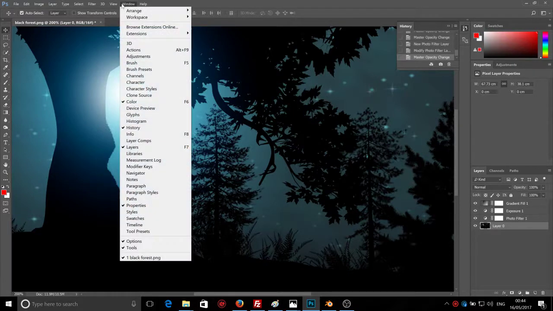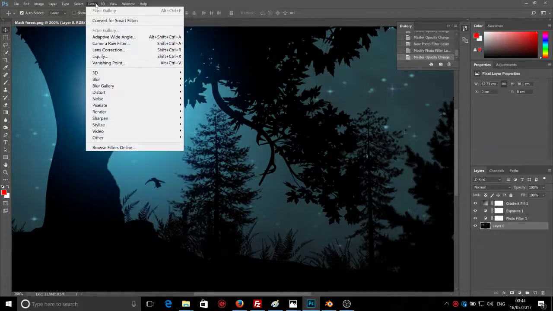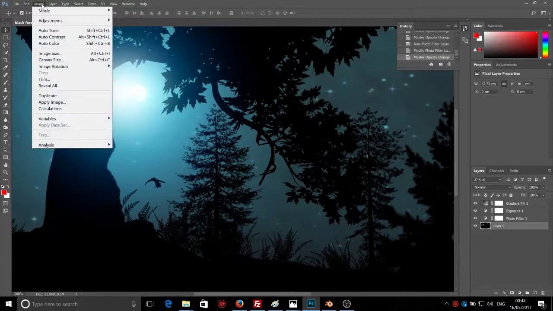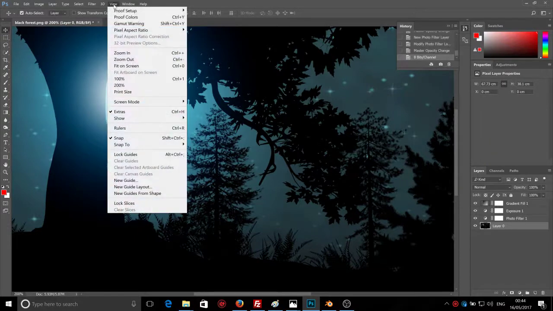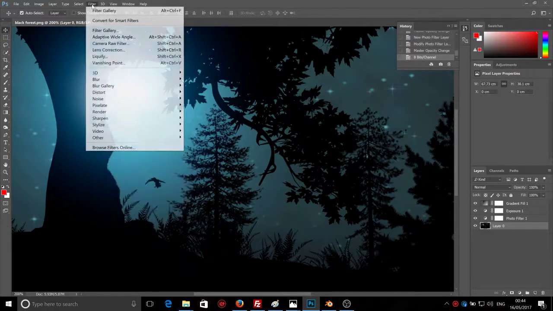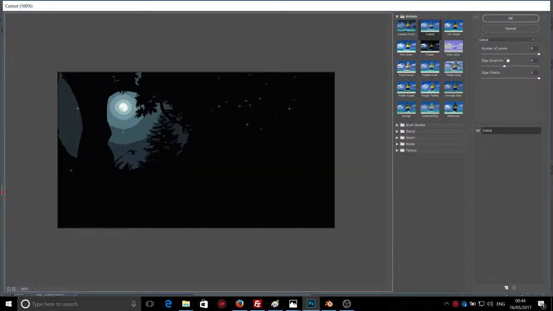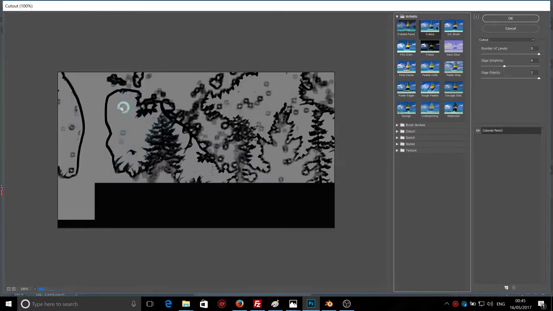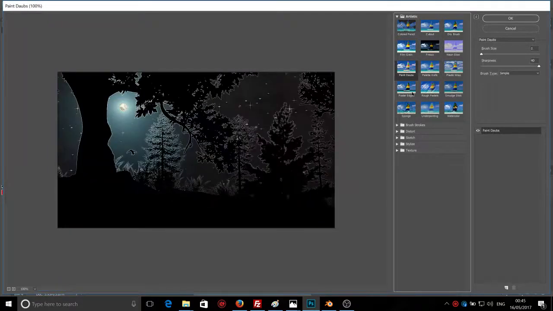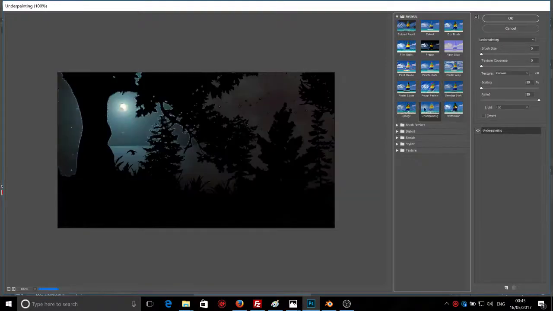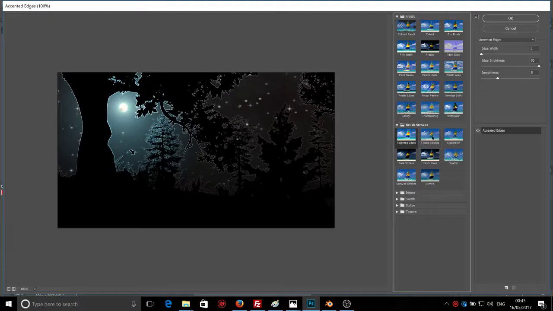But here in Photoshop we have a few interesting filters. Actually, it's a lot of them. But in the filter gallery, if this is grayed out, you have to go to Image, Mode, and change to 8-bit channel, because these filters are not working with 16-bit channel, so you have to change to 8-bit, and then Filter Gallery. And what you have here is a lot of artistic filters. You're playing with these values basically. There are a lot of them here. As you can see, if I'm clicking, and here brush strokes,